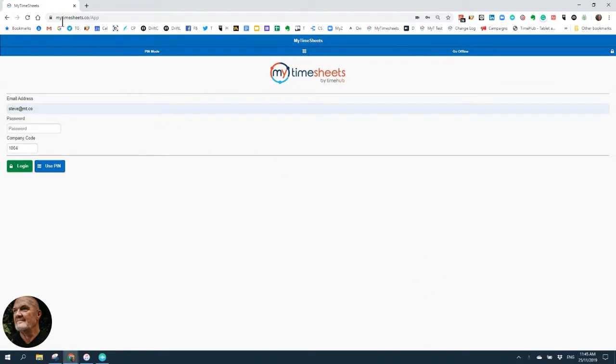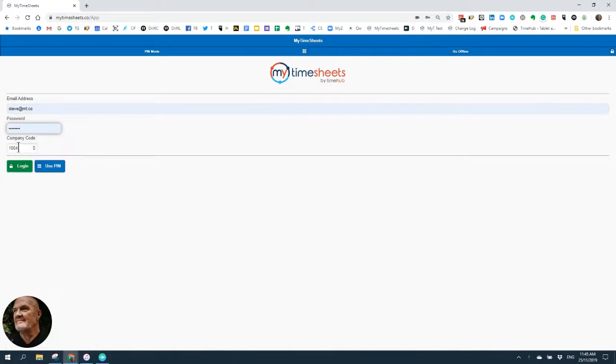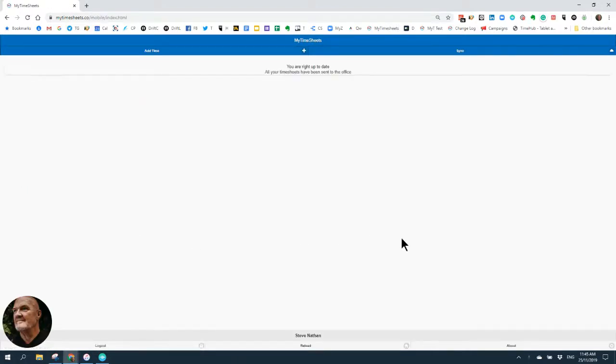So the way to do that is you log into mytimesheets.co/app, that is your URL. You log in there, and obviously we would suggest that you bookmark that. You put in the email address that you've been provided, you put in the password that you've been provided and your company code, and then you click login. And once you're in there, you're now in the timesheet entry screen, and I can simply come into my add